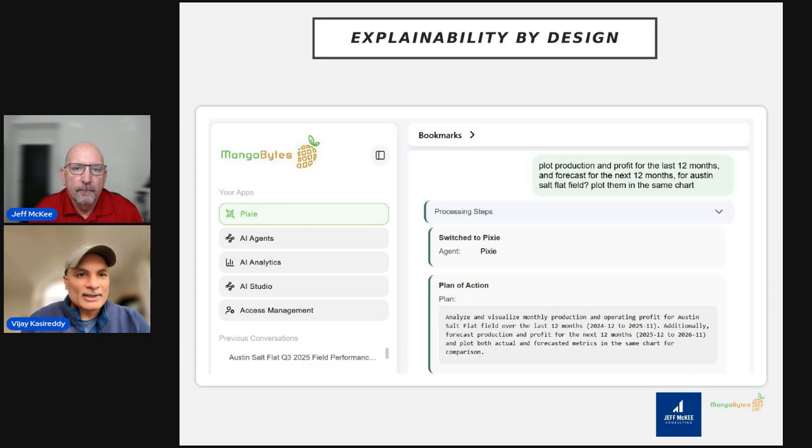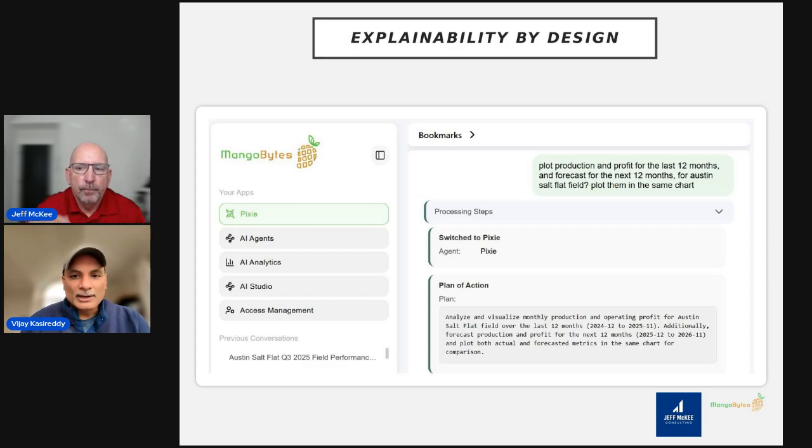As we can see in the plan of action, Pixie explicitly states what it means by the last 12 months, for example, December 2024 through November 2025. If that time range doesn't match the user's intent, they can simply adjust it and re-ask the question. So the AI doesn't force a black box interpretation, but rather it's inviting collaboration. That's the key point that I wanted to make here.